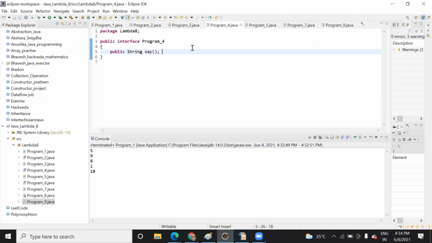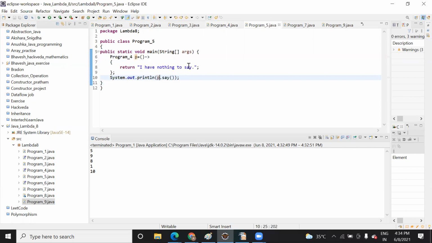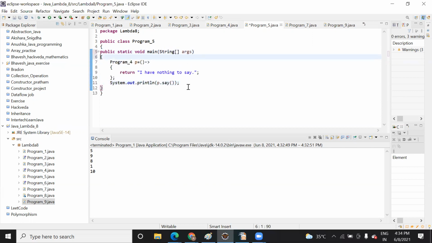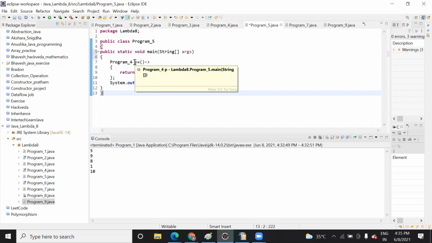So you see here, I have created one class, public interface program 4. This is the interface. Inside this interface I have declared an abstract method. You know, right, in an interface we just declare a method and we provide a body in the class. Now you see this, I have not implemented that class. This program 5, I have not implemented the class. What I did here, I simply create an anonymous with the help of lambda expression. I just use the name of the class and this expression p, and